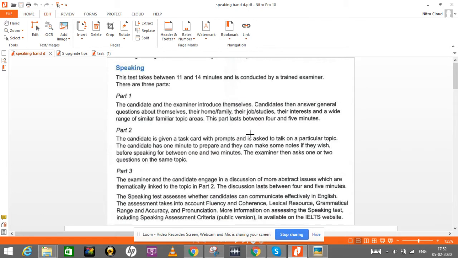But in reality, the moment you enter the test, it is recorded. So your hi, hello, your expressions, not video recorded, but yes, it will be an audio recording that is going to take place. So you've got to be careful of your gestures and careful of what you respond. You've got to be very careful about whatever you speak. So the first part basically lasts for 4 to 5 minutes.